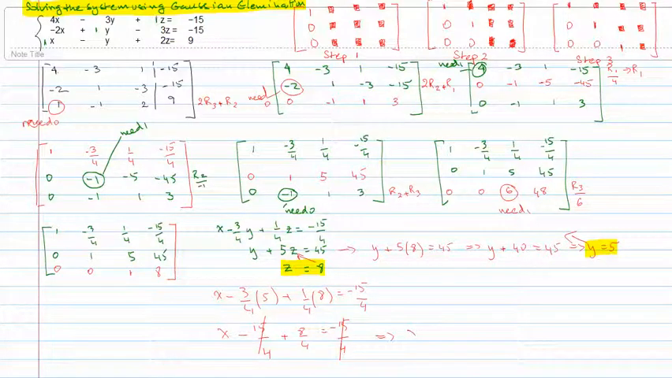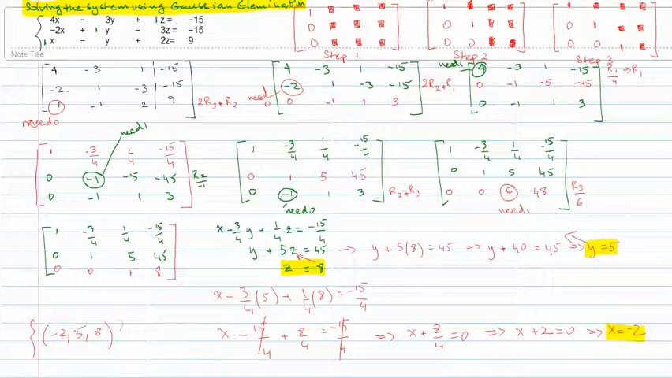And we have x plus 8 over 4 equals 0. 8 over 4 is 2. That means x plus 2 is 0, which tells me that x equals minus 2. So here is the third variable. So we solve the system as minus 2, 5, then 8. And that is the solution to this system using Gaussian elimination. And I hope